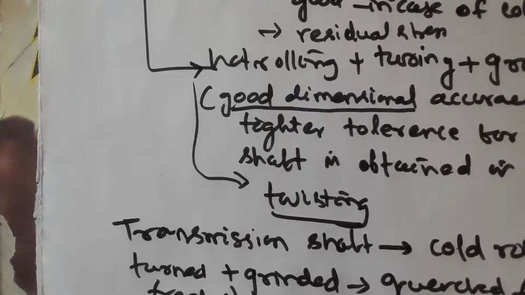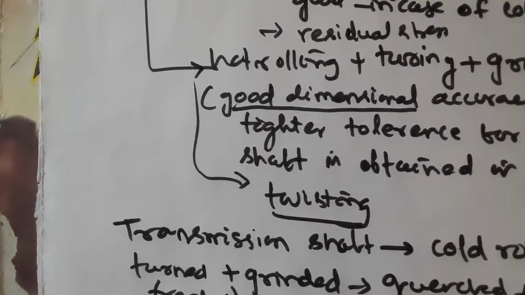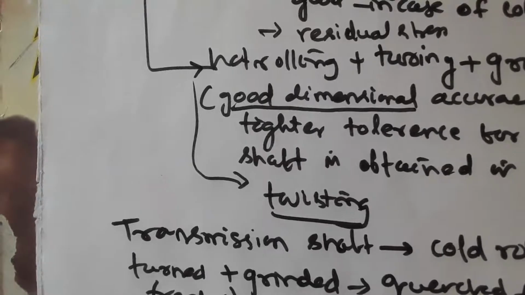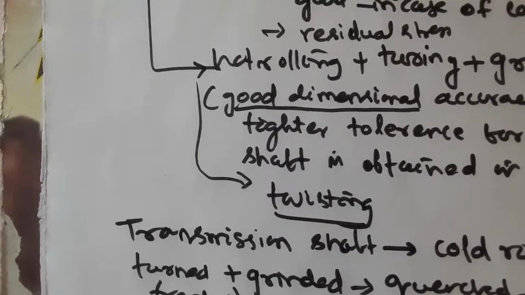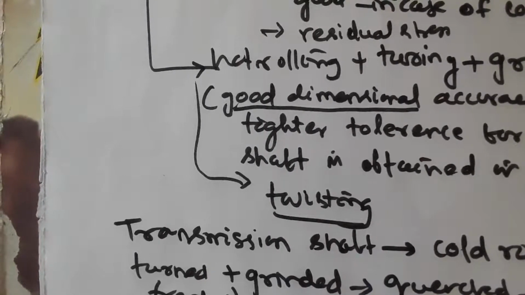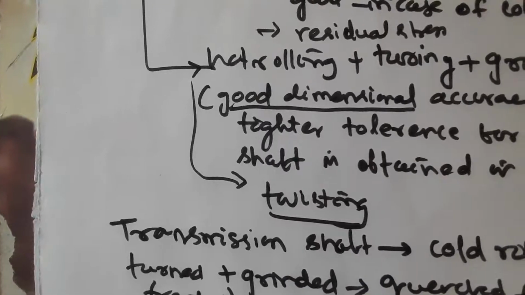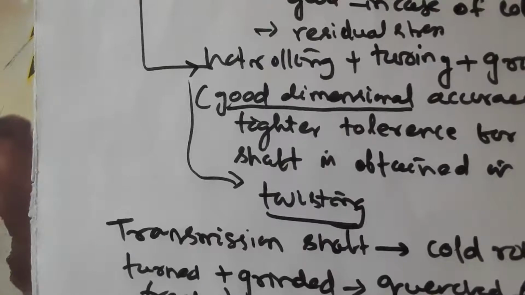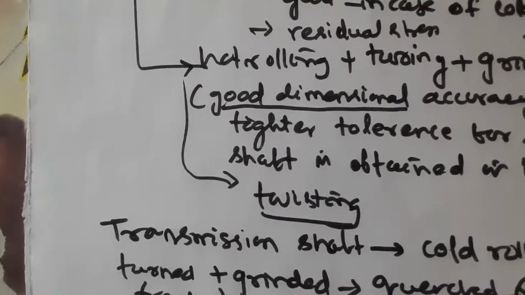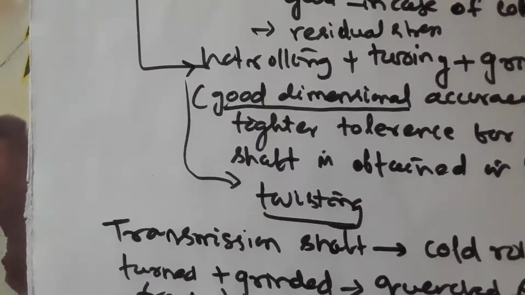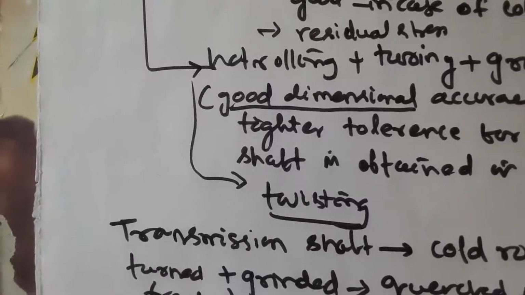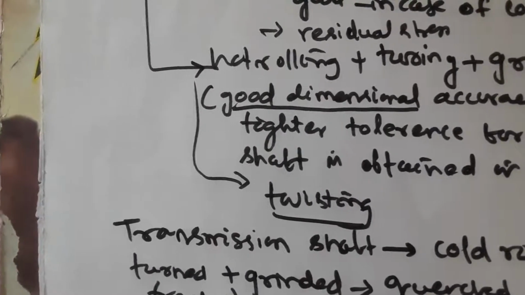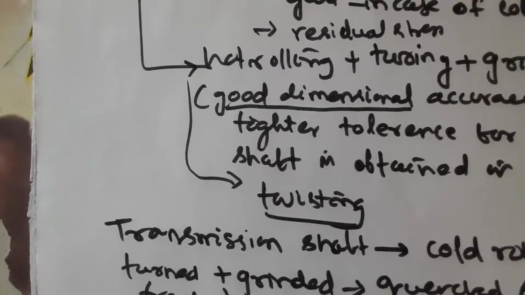Steel bars up to 200 mm diameter are commercially available. For larger sizes, billets are forged into bars and then finished by usual turning or grinding operations. Commercial shafts are used for structural and general engineering purposes, and their standard sizes are available. They are available in 5 mm dia, 6 mm dia, then 8 mm.